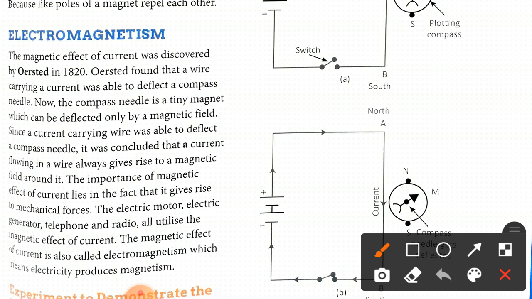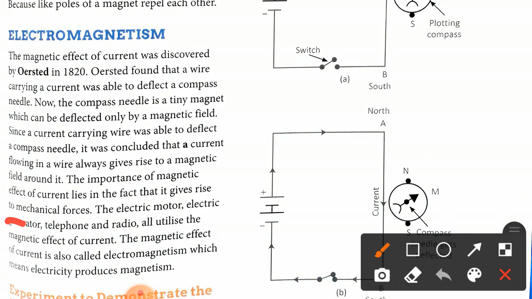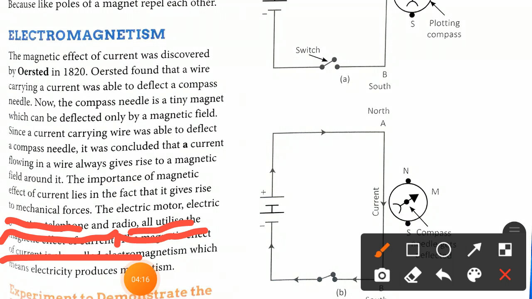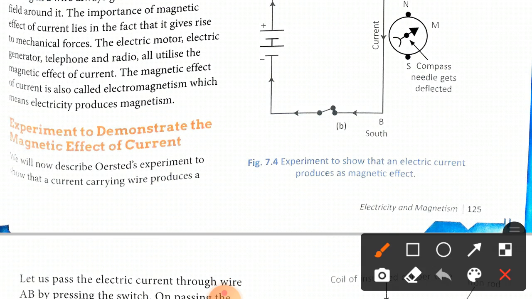The importance of the magnetic effect of current lies in the fact that it gives rise to mechanical forces. The electric motor, electric generator, telephones and radios all utilize the magnetic effect of current. The magnetic effect of current is also called electromagnetism, which means electricity produces magnetism. Clear? Now there is an experiment given here to demonstrate the magnetic effect of current, meaning how the current carrying